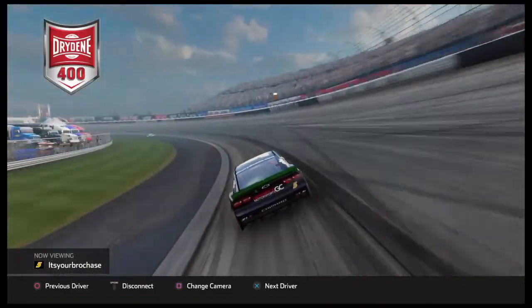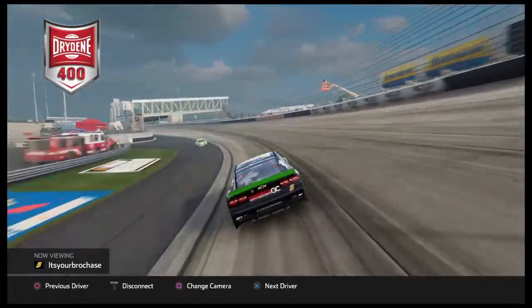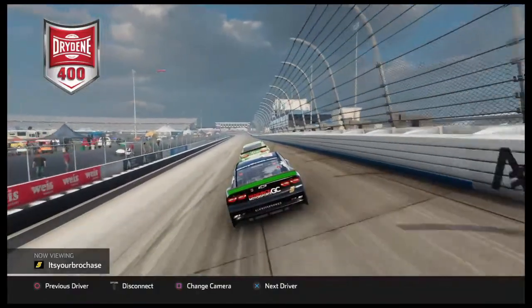Now back here virtually, we see the 18 car actually come off of pit road. Wonder if there was an issue there for Racehead here. But back here in the